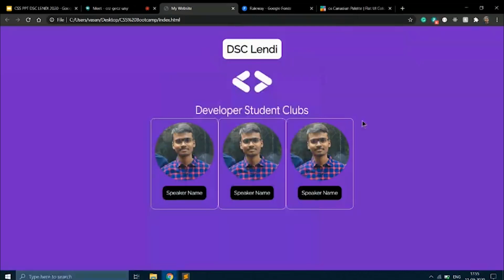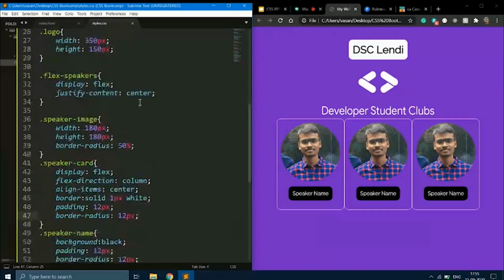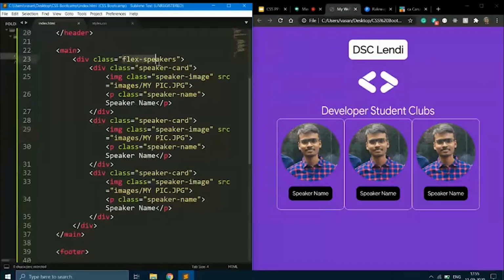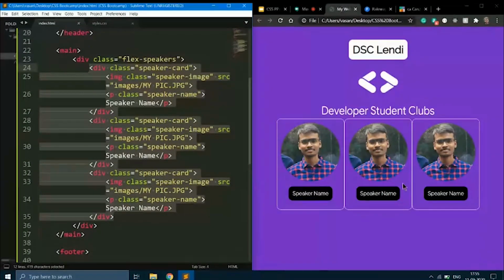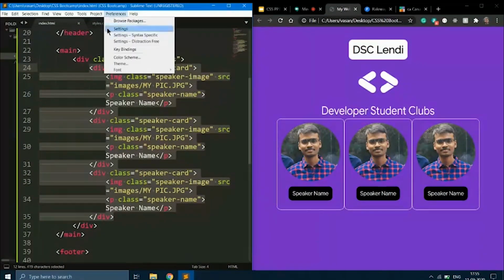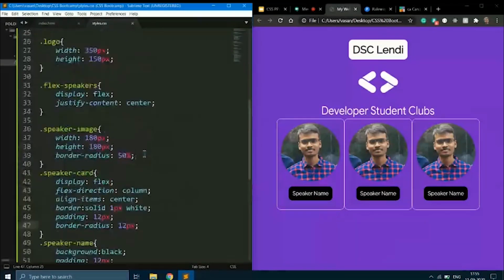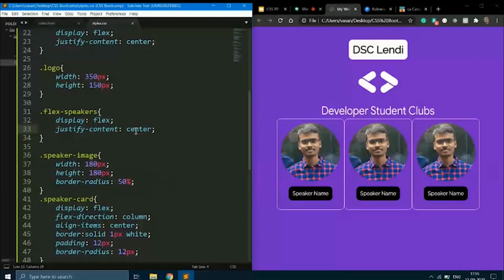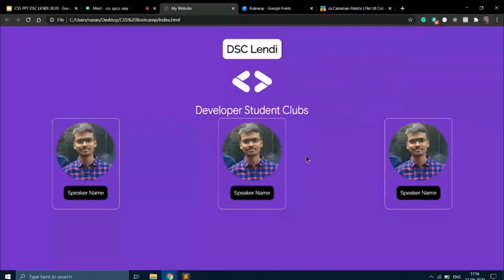But these speakers need some alignment again. Under this flex speakers, as all these 3 speakers are congested, I'm going to say space around. If I say space around, it gives some spacing between the speakers.